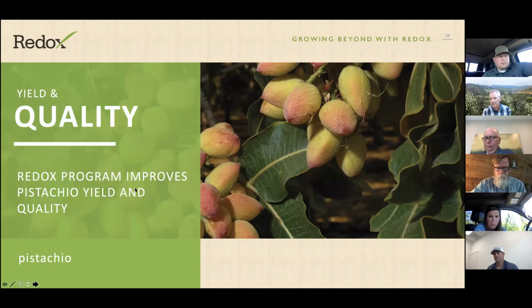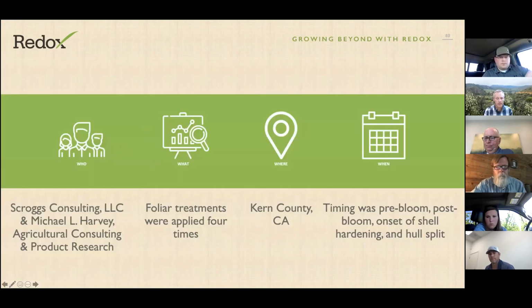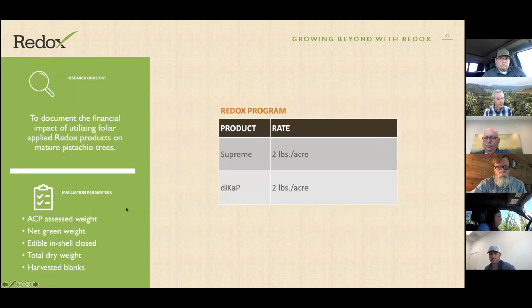Scroggs Consulting was the third party that did this trial. 4 applications, foliar sprays were applied, and it encompassed the bloom period and post-bloom. So 2 pounds each of Supreme and DiCap were applied, and there was a range of different things